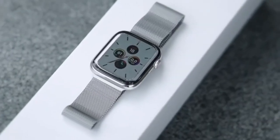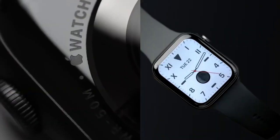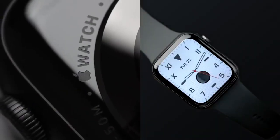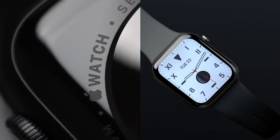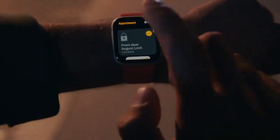Apple claims a 16-hour battery life, which is effectively a day of use before sleep, which isn't bad at all. While it's coming to most of the Apple Watch range, watchOS 6 shines brightest on the latest model and the Apple Watch 5 uses the new features really well. There are a few new features that the OS brings beyond little design tweaks, and honestly, they do add to